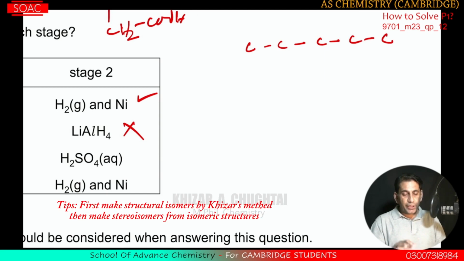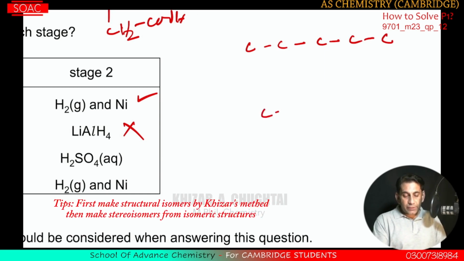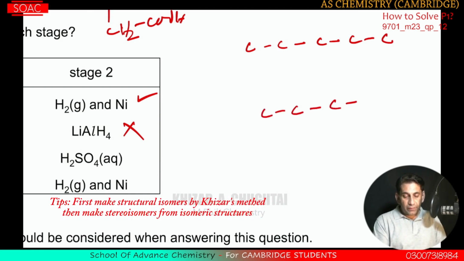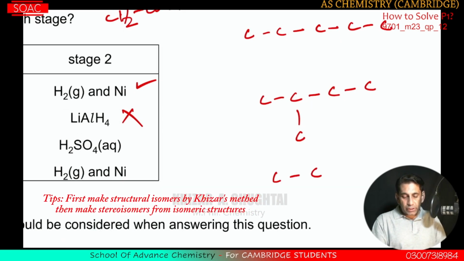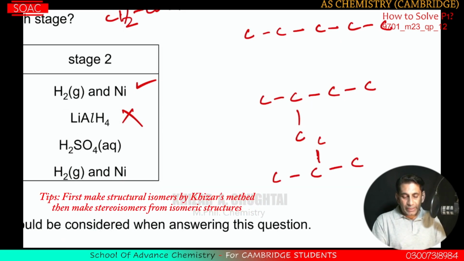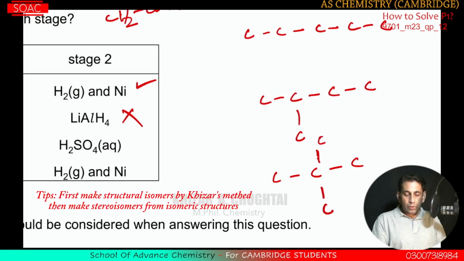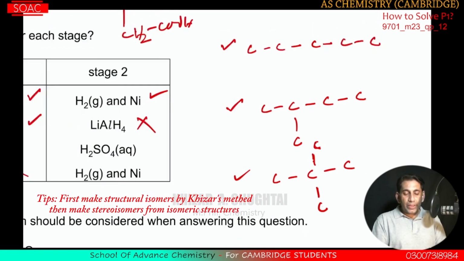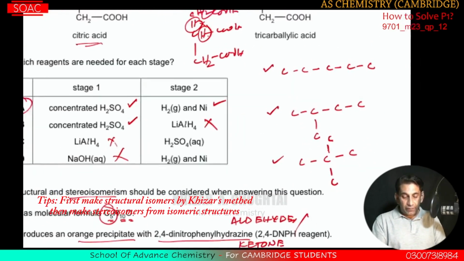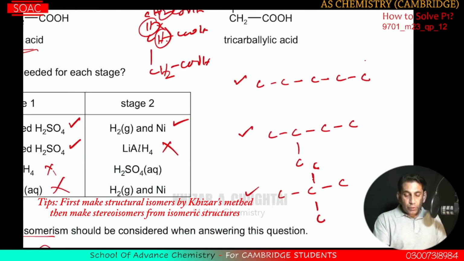This is the straight chain 5 carbon, and the next formula that is possible with the 5 carbon is with 1 branch. Next skeleton formula is possible with 2 branches with 2 methyl groups, you can say. So there are basically 3 different skeletons with respect to 5 carbon. Let's suppose this,